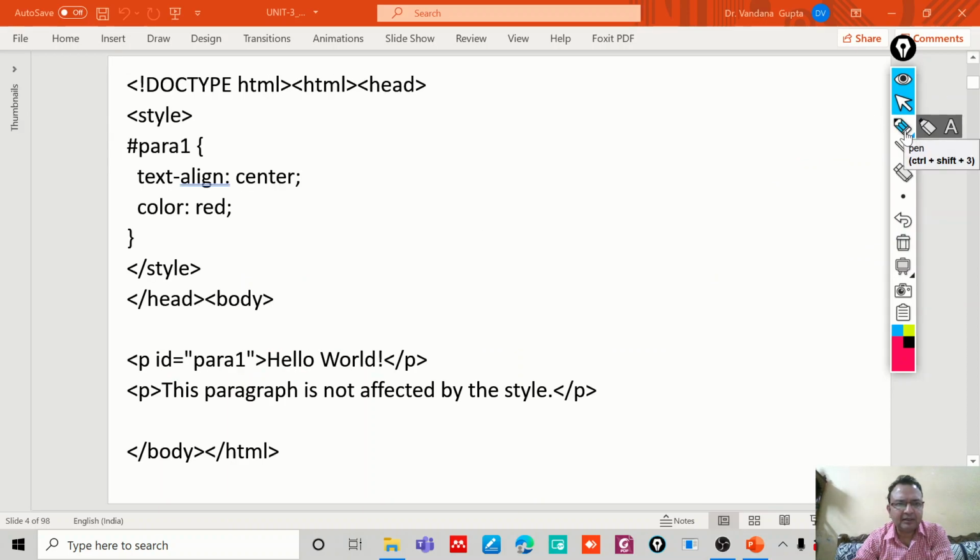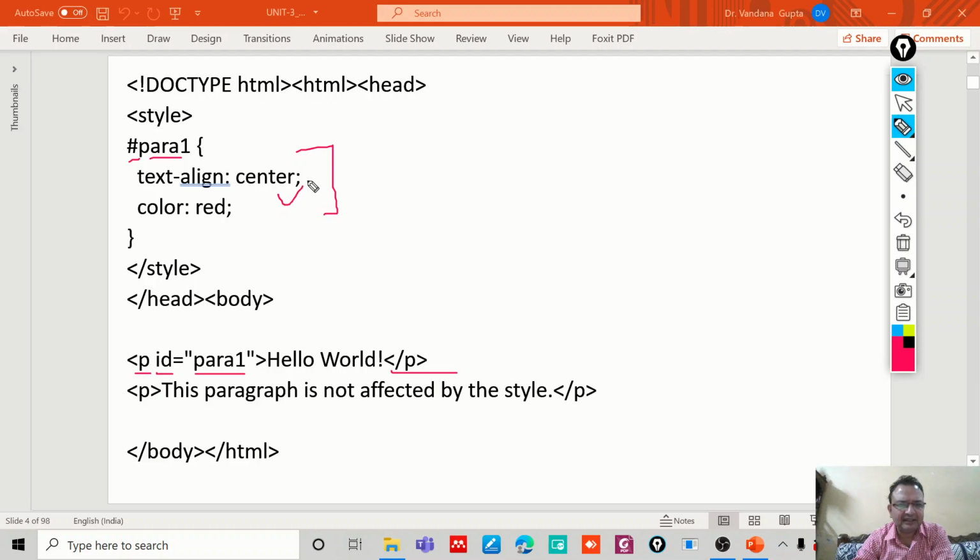You see one example here. We are writing this paragraph tag and we are providing ID para1. So I am using hash para1. Para1 is the ID of a particular paragraph, and to this element I am providing this style.